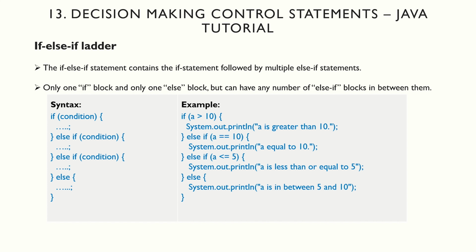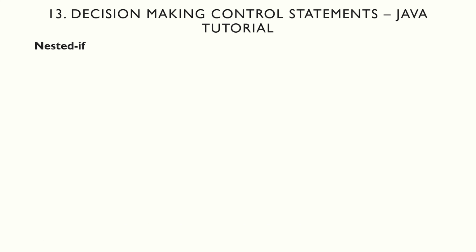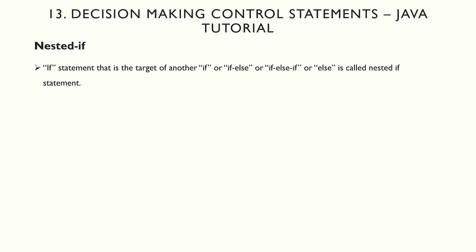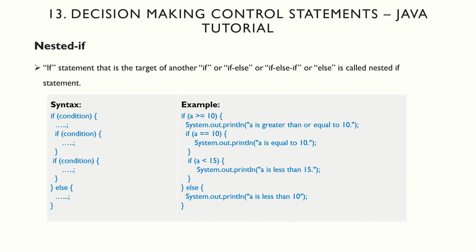Example: nested if statement. An if statement that is the target of another if or if else, or if or else, is called a nested if statement. It means if statements inside an if statement. General syntax. Example: